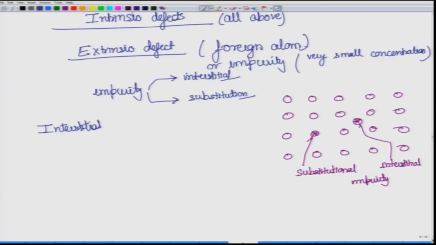Although the way I have drawn it, it looks like there is sufficient space, in reality the atoms would be much closer by. Therefore, the interstitial sites, there are several kinds of interstitial sites like tetrahedral sites, octahedral sites, and the size available over there is very small compared to the atom sites.